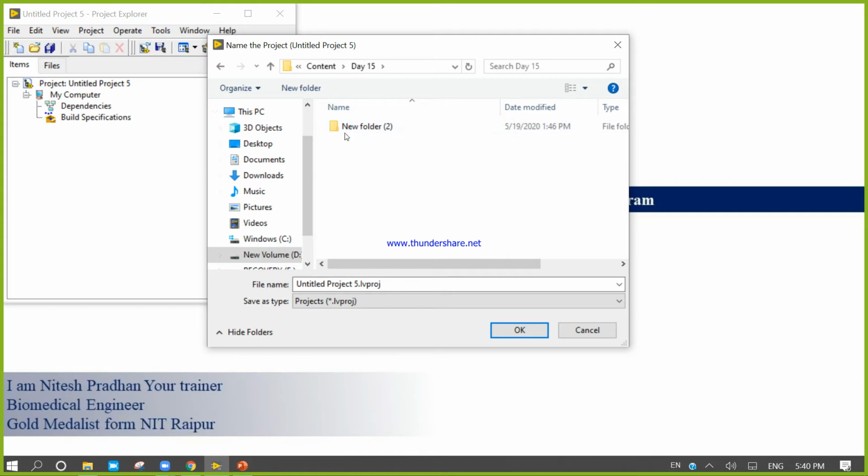Inside day 15 I am going to create one project, and the folder name is application. The project name is application.